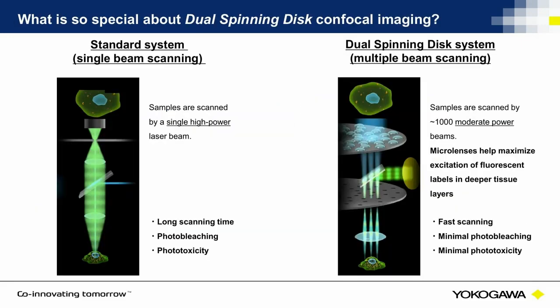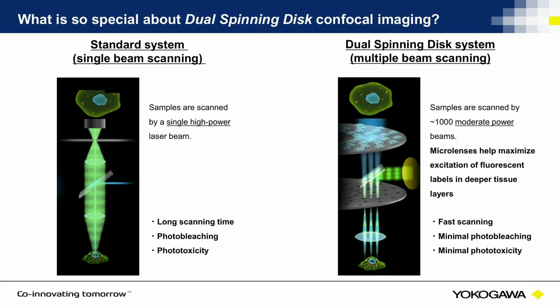In our Yokogawa high-content imaging instruments, we are using proprietary technology that is based on dual spinning disks. In most classical confocal microscopes, a single high-power laser beam scans the whole imaging plane, exposing the cells to increased energy levels, potentially causing photobleaching or phototoxic effects. In contrast, in the Yokogawa dual spinning disk instrument, the laser is split by the Nipkow pinhole disk into about 1,000 moderate energy laser beams, and those scan the whole sample much faster, avoiding any significant phototoxic